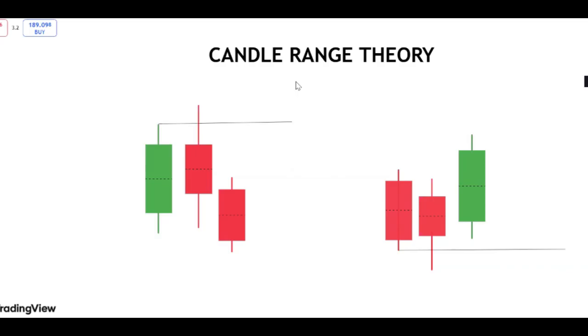In this episode, I will be explaining in detail what candle range theory is and how to apply it in the market. Candle range theory is an essential concept that comprises three candlesticks. This is similar to the ICT power of three concept, but the difference between candle range theory and the ICT power of three concept is that candle range theory is not time dependent, while the ICT power of three depends on the time that